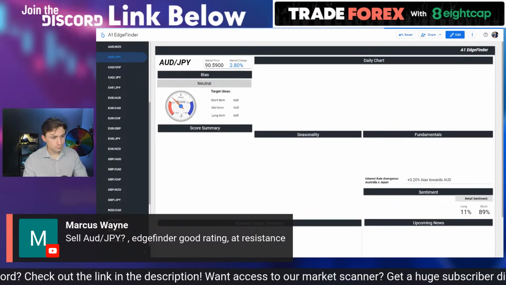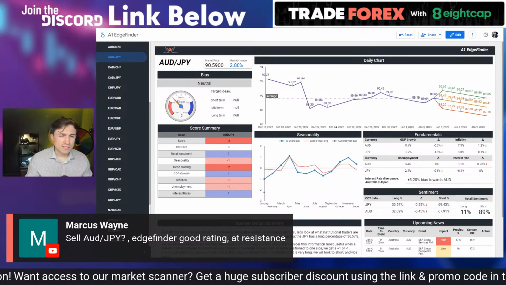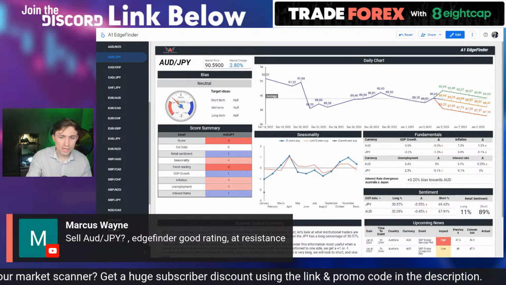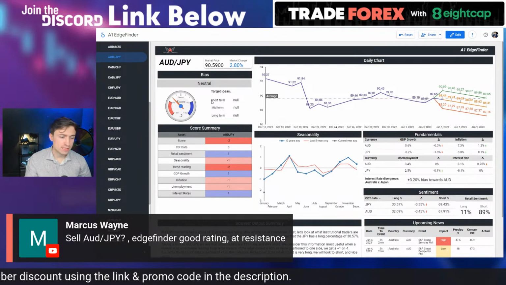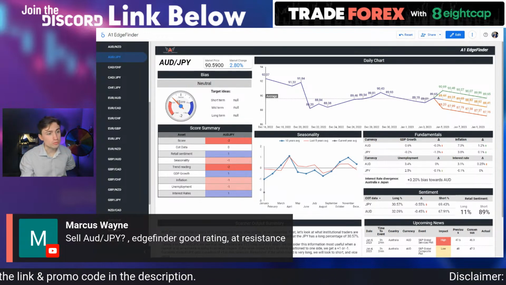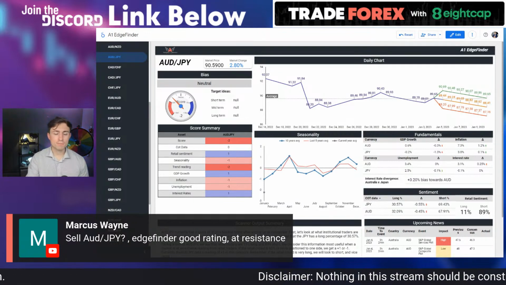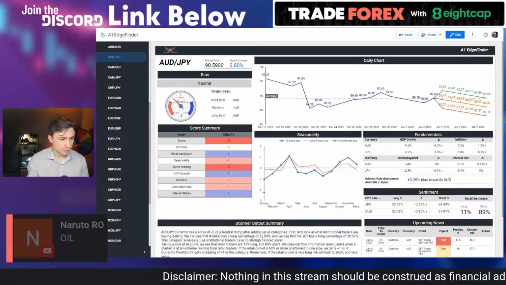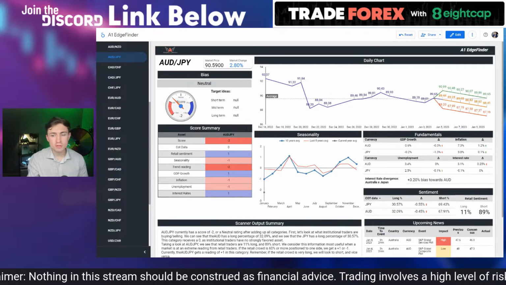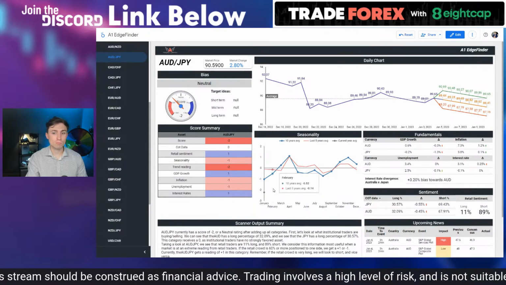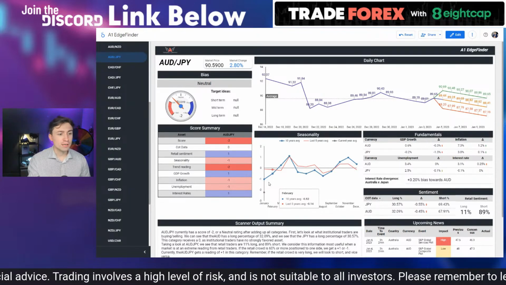AUDJPY. Okay, let's see, AUDJPY almost in the sell category, but just not quite. Would like it to poke up just a bit further to the sell side there to give me that confirmation, but we're close, right? So this is the thing: if you trade using the edge finder as confirmation, if you're one of those crazy people who use the edge finder, then oftentimes what you're going to find is you're going to be taking a lot less trades because it waits for a lot of things to line up before it really gives you confirmation. So yeah,